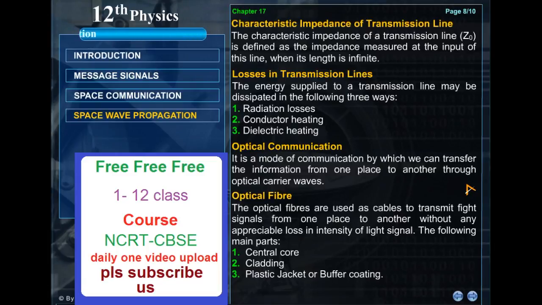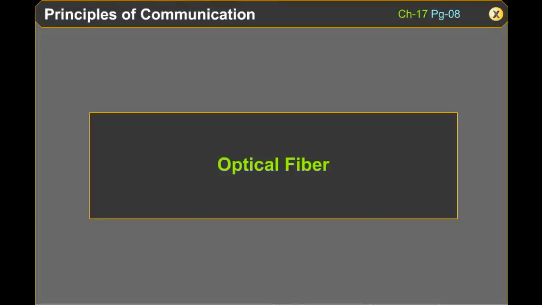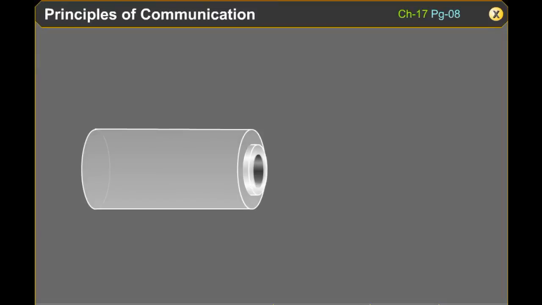Optical communication. It is a mode of communication by which we can transfer information from one place to another through optical carrier waves. Optical fiber. It has three main parts: